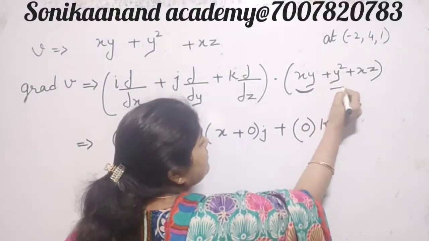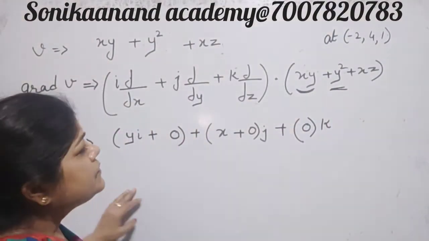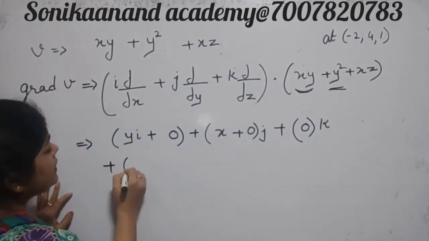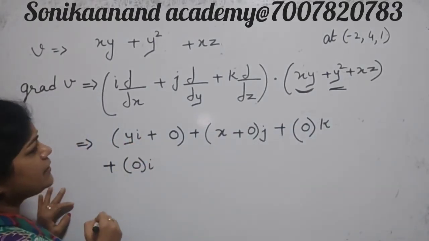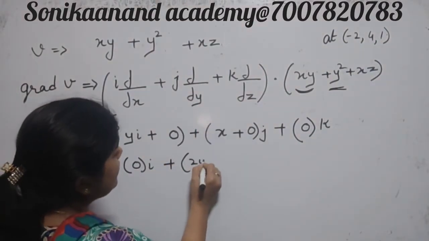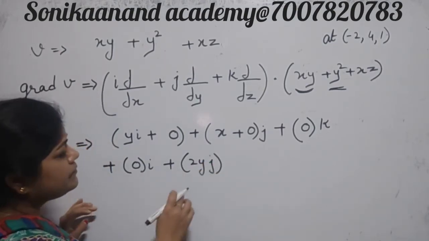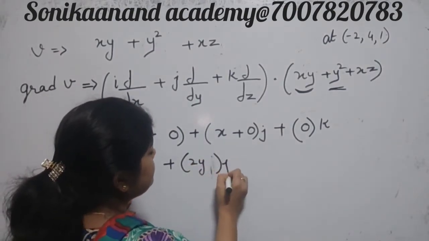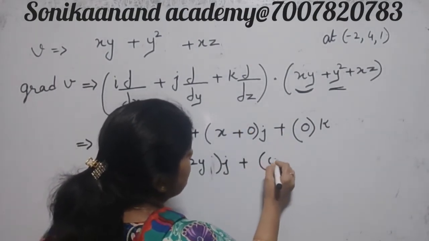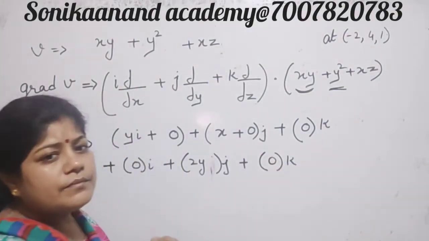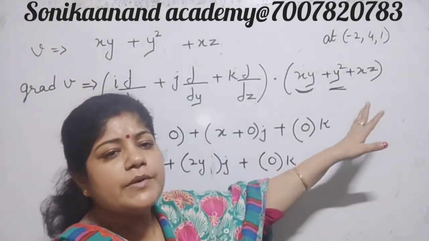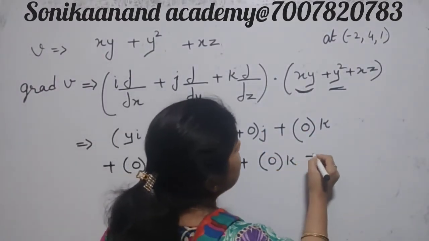अब आप इस सेकेंड टर्म पर आओ, y स्क्वायर वाले पर। तो y स्क्वायर में आपने जब x के रिस्पेक्ट में डिफ्रेंशिएट किया तो आपका आंसर 0 आ गया। फिर y के रिस्पेक्ट में किया तो आपका 2yj आ गया, j हम बाहर लिख देते हैं। फिर z के रिस्पेक्ट में k वाले में किया तो आपका 0 आ गया। मतलब आपको तीनों ही टर्म्स को x, y, z तीनों में डिफ्रेंशिएट करना है।